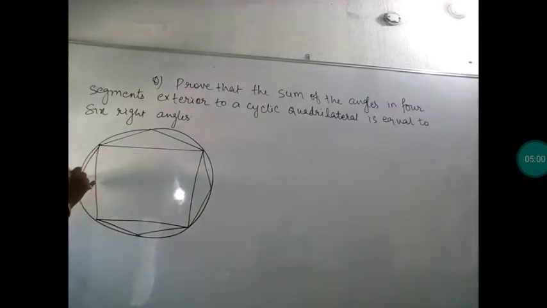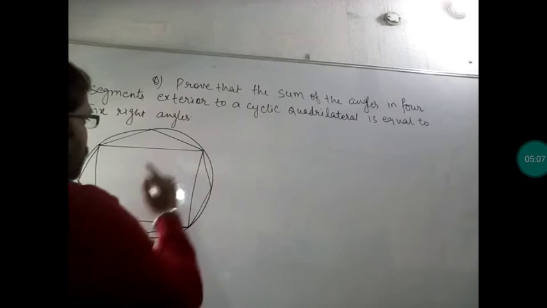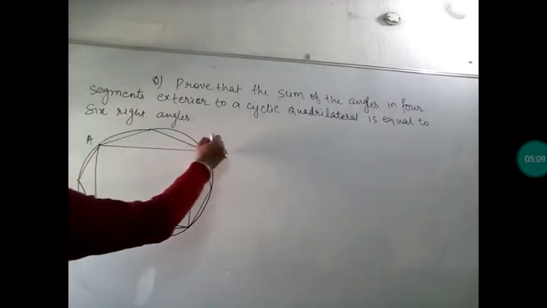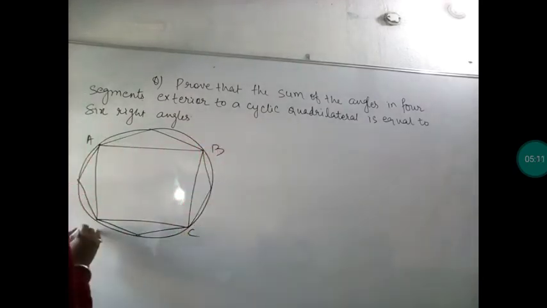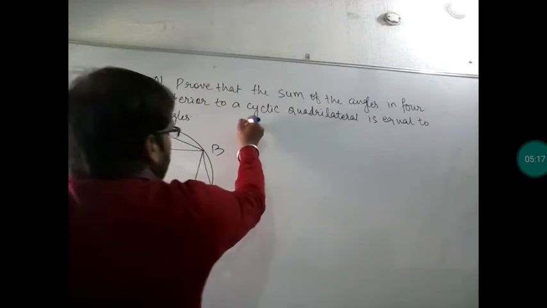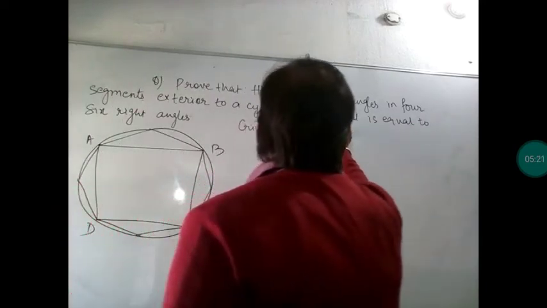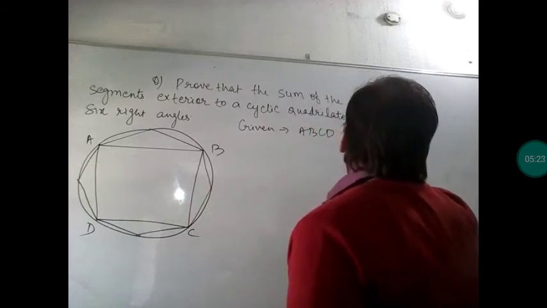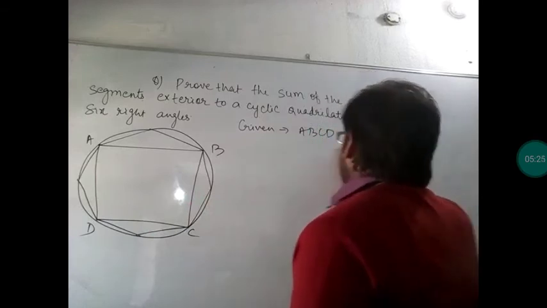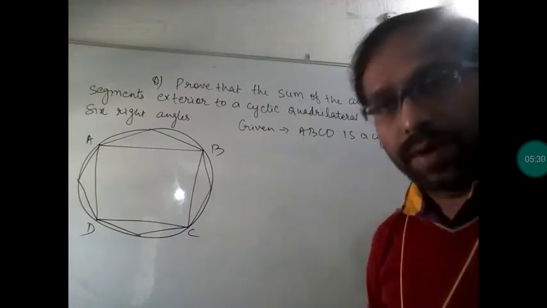So what I am drawing right now is the exterior segment of a cyclic quadrilateral. These are exterior to the cyclic quadrilateral, and ABCD is a cyclic quadrilateral itself. Now, what is given? Given is a cyclic quadrilateral ABCD, and